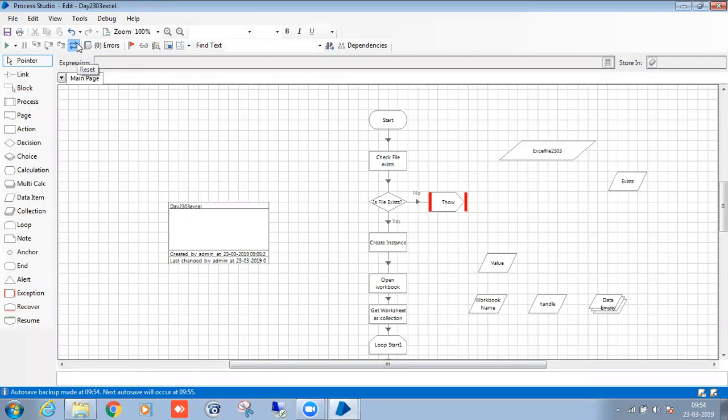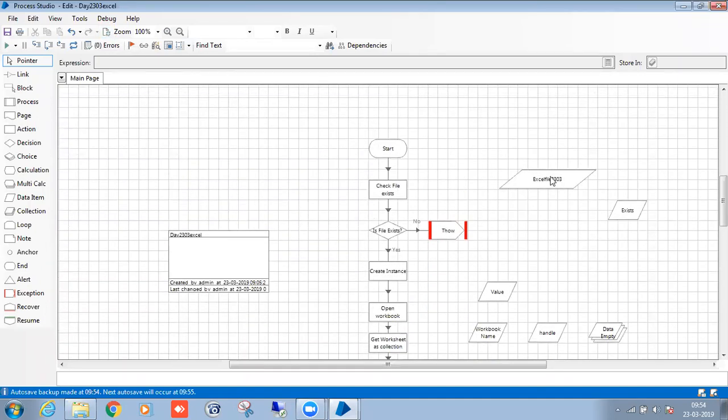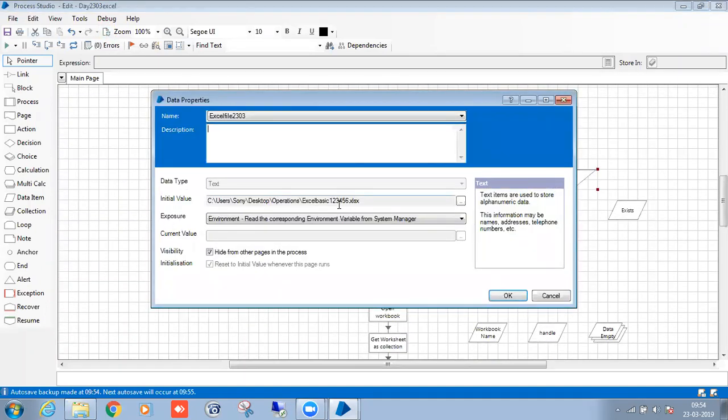Refresh. Reset. Now see what is happening. Okay, in that Excel, in that particular path, so see, the path has already been taken. I haven't changed anything here. I have changed it over there, so it is automatically taken. So the environment variable works. In this particular path, there is no file, right?